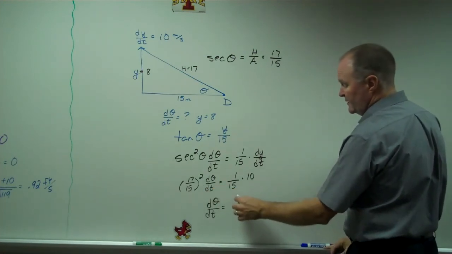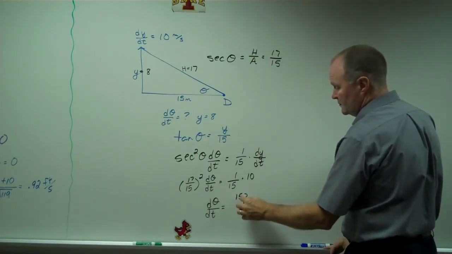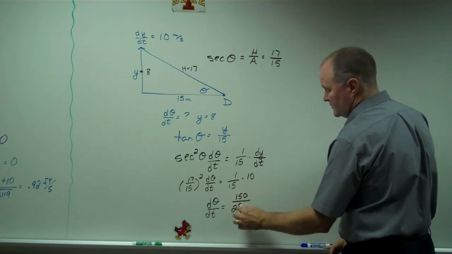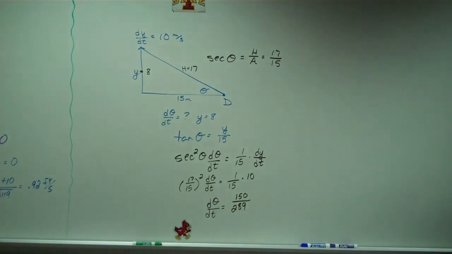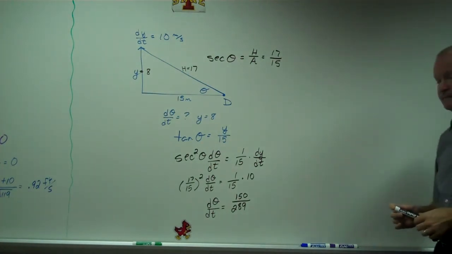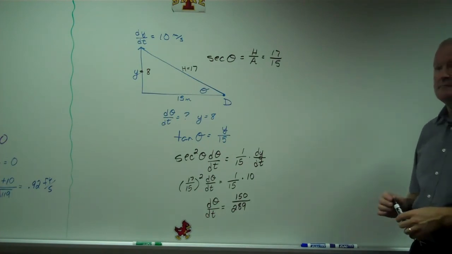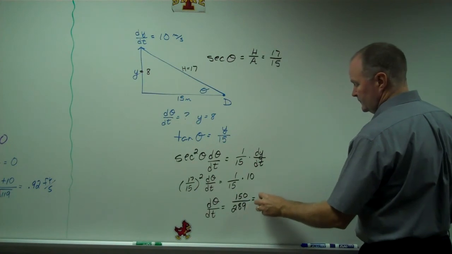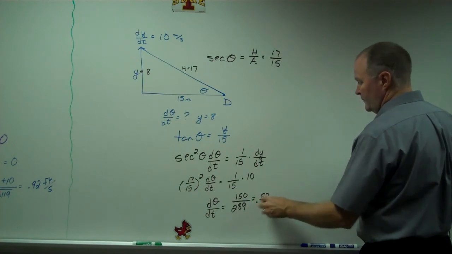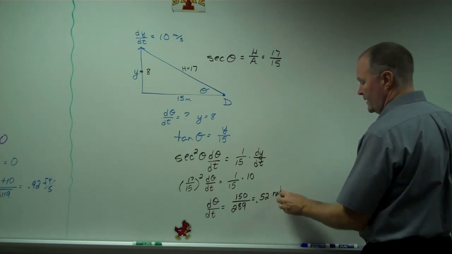One of the 15s will cancel. So it's 150 all over 289. So I'm not sure what that turns out to be. 0.52. 0.52 in radians per